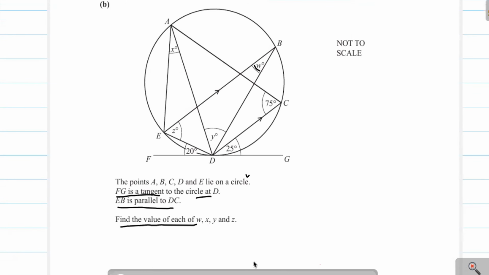You see here, this is the tangent line, and this is the chord ED. The tangent line and chord ED make an angle of 20 degrees. Now, the angle EBD is the angle in the alternate segment, and the angle between tangent and chord is 20. Therefore, we write angle